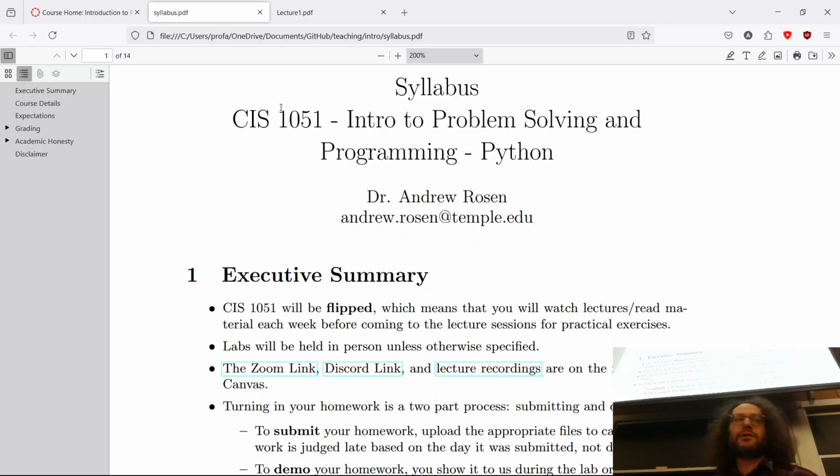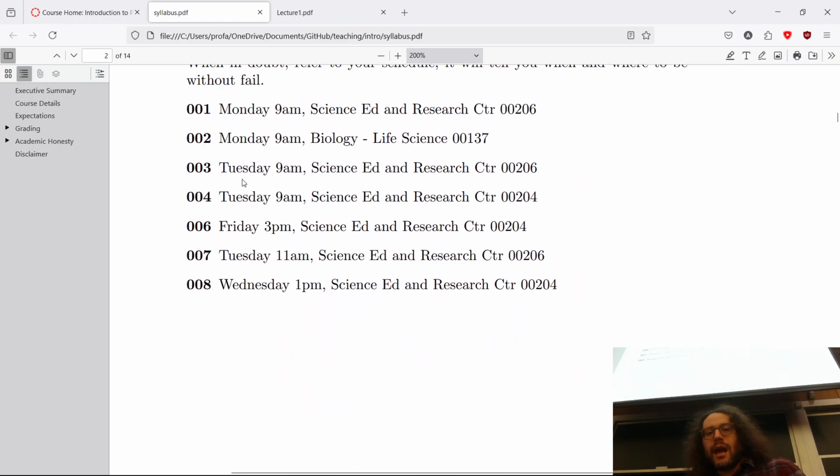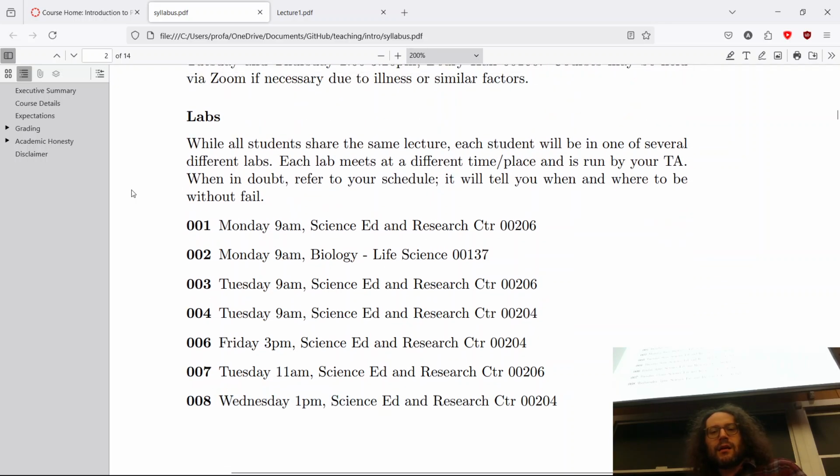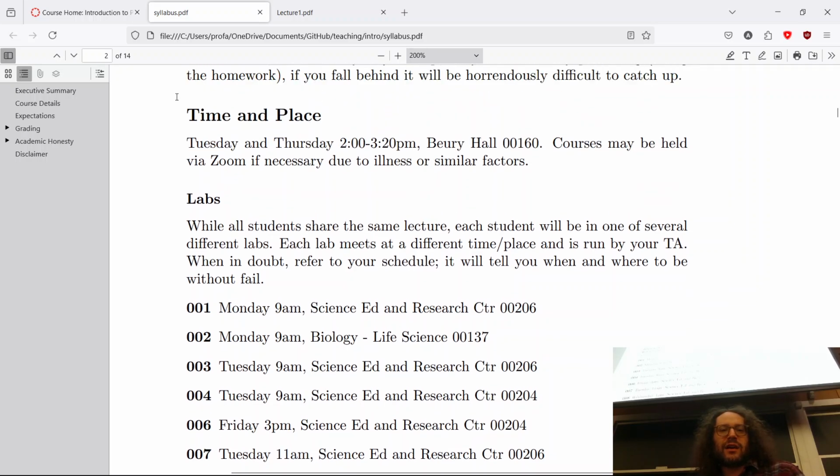Our labs will be held in person unless otherwise specified, and we do have lab in the first week. If you missed your lab, this lab is very important to get to. It's doable to do it on your own, but if you for some reason missed your lab because you registered late or you just didn't realize what was going on, look up one of the other lab sections over here and just head to that other lab section to make sure that you get that material. This can be found on the syllabus uploaded